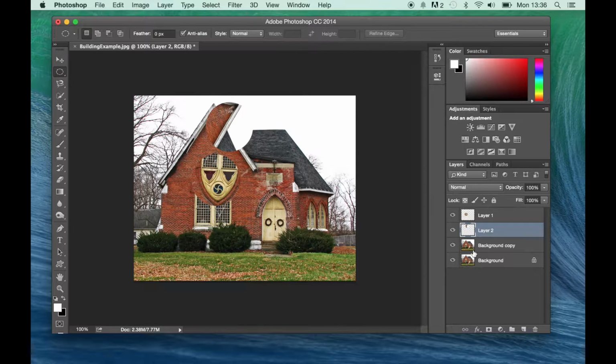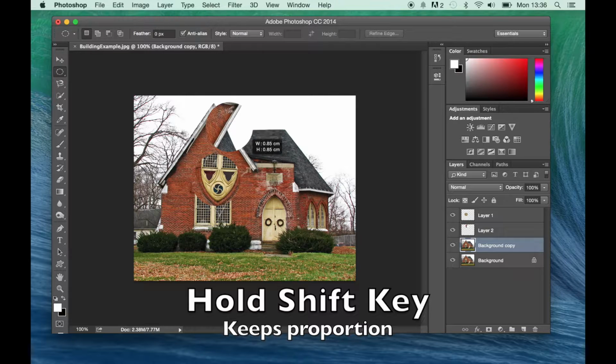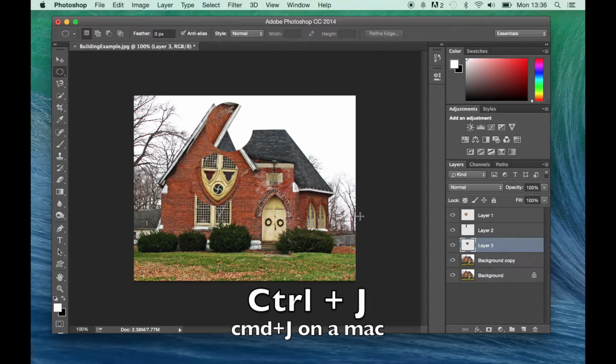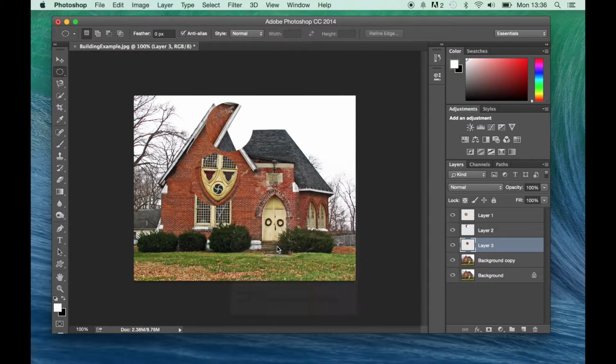Then let's say we want to do another one, so let's go through that process again. If we go back to the background layer, and make sure we've got the Marquee tool selected, let's make another selection between it. So let's make another selection here, holding the Shift key down, remember, to keep a circle. Now I'm going to duplicate this layer, so Control and J, and then layer 3 is here. If I right click on that and choose Free Transform,